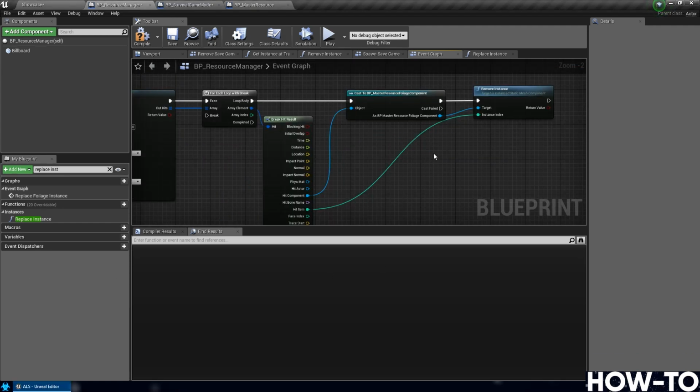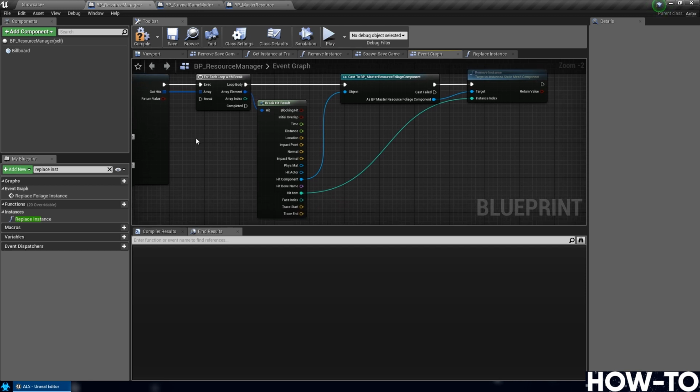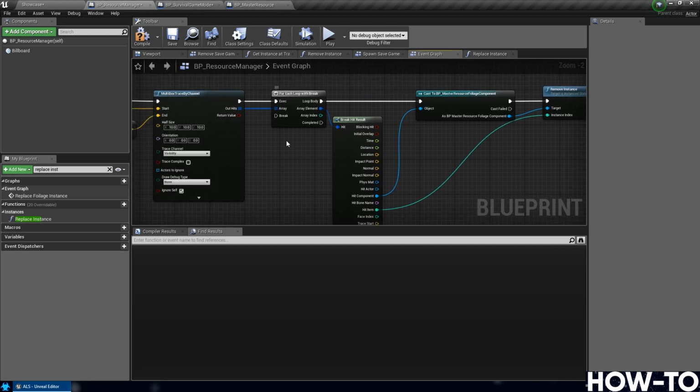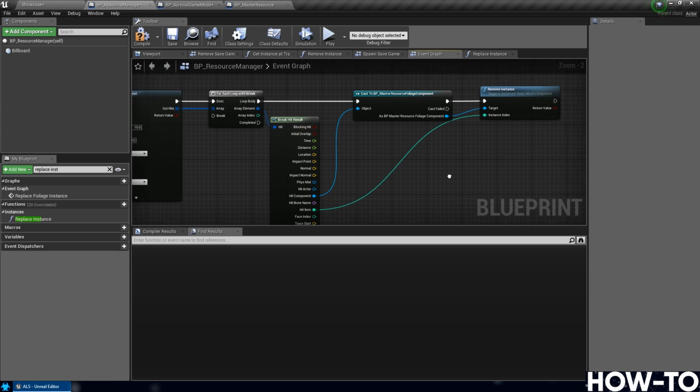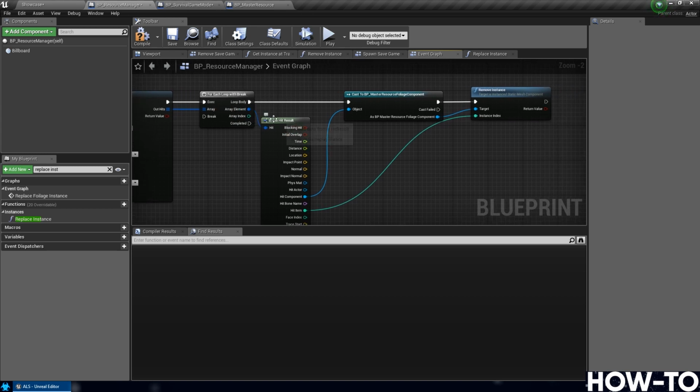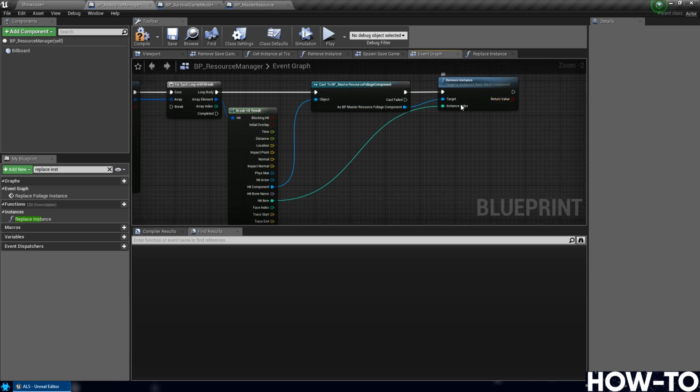And what we're accomplishing by this is that it's going to search this array. And then with the first one that it finds, it's going to stop once it's found something and remove that instance. So this should take care of this section, but we do have a little bit more that we'll need to